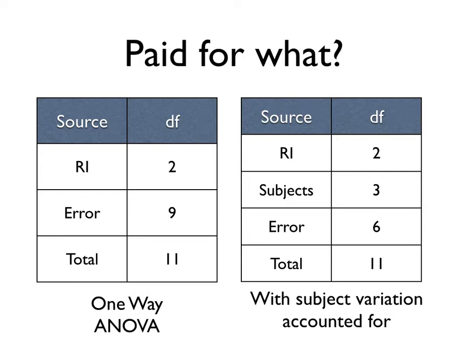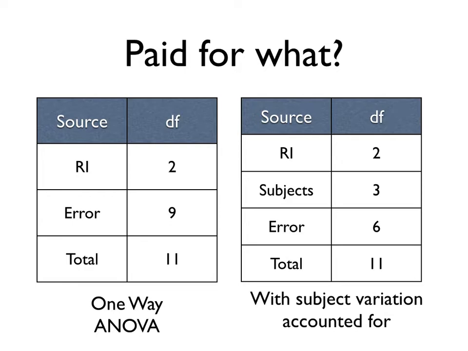We're going to take the mean squared for retention interval and divide by mean squared error. I don't know what the critical value is for F at 2 and 9 degrees of freedom, I don't care, but I know it's a smaller number than the F at 2 and 6 degrees of freedom